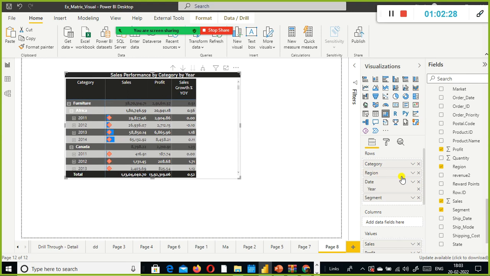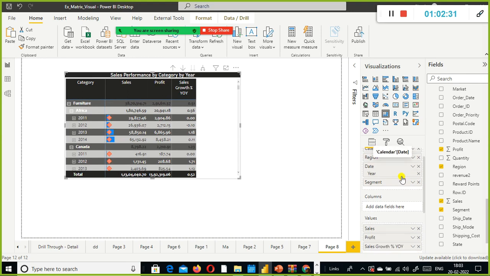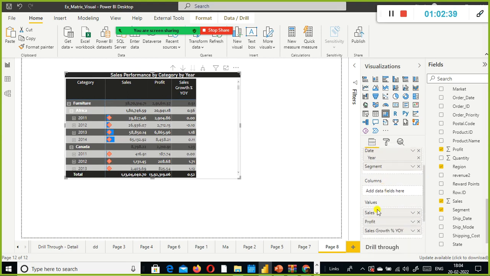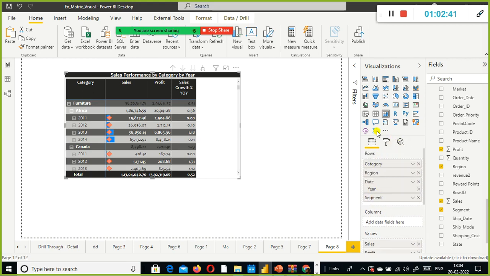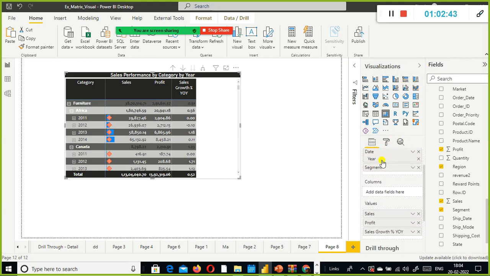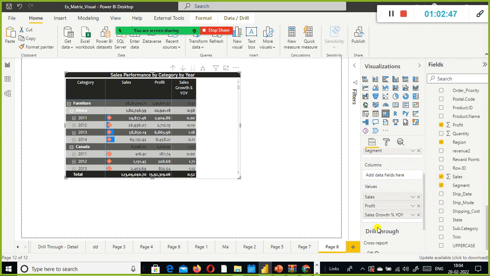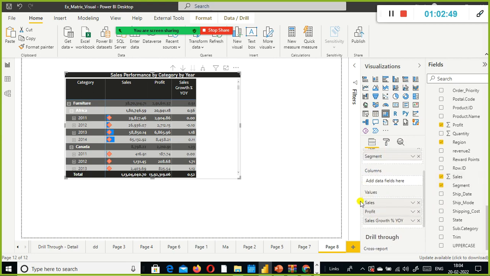Look here, the rows, category and region, got switched to here automatically, right? Because the fields we see here are not the same for all visuals. For the matrix, there are three fields: rows, columns and values.